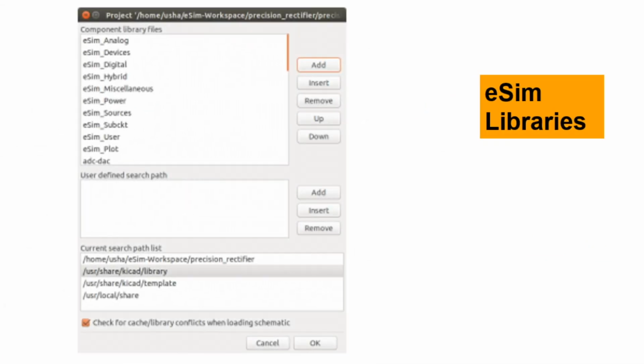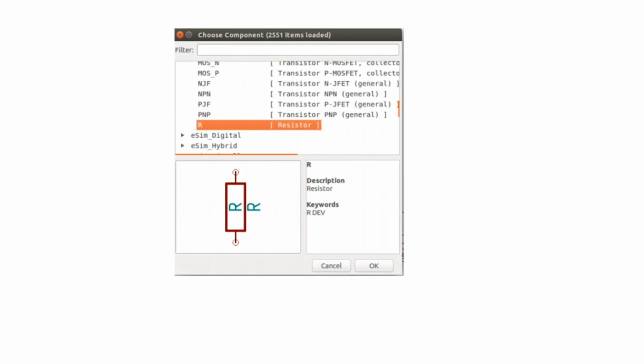As I said, when you drag your place component and place it in the editor window, this window will pop up. You have to select the components from the eSim library. So you just type eSim, then the list of components supported in this particular eSim library will be displayed. If you like to take a resistor, you kindly take eSim_R. So this component will be displayed. You can take it and select the component.